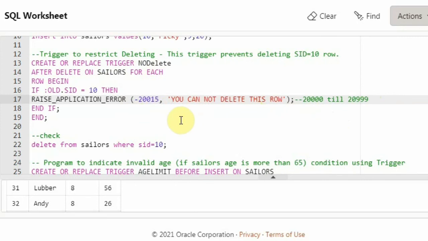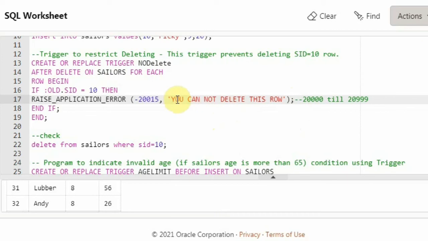For example, you say 20,015. If I say 20,015 to somebody in my company, they will understand that it is regarding deletion of a row. So you can associate an error code over here. This is a user-defined error code, and it should not cross this range. If it crosses this range, it will show you another error.